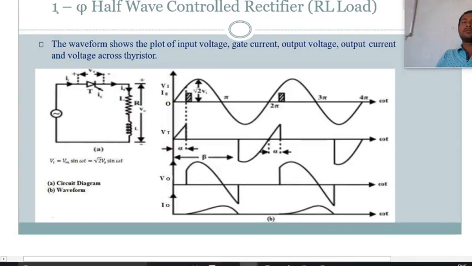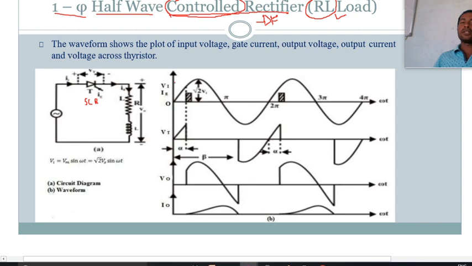Now, single phase half wave controlled rectifier. If it is a single phase half wave rectifier, it means with diodes; when the term controlled comes, definitely we should use a thyristor. So I discussed R load, now RL load. For RL load, what is the behavior of the thyristor, nothing but SCR?